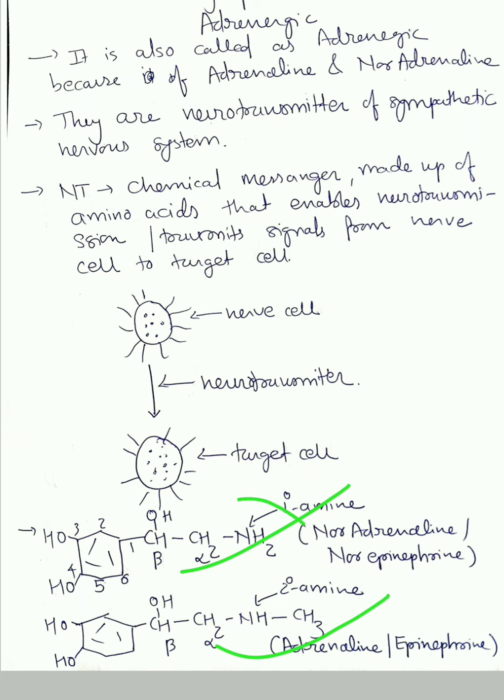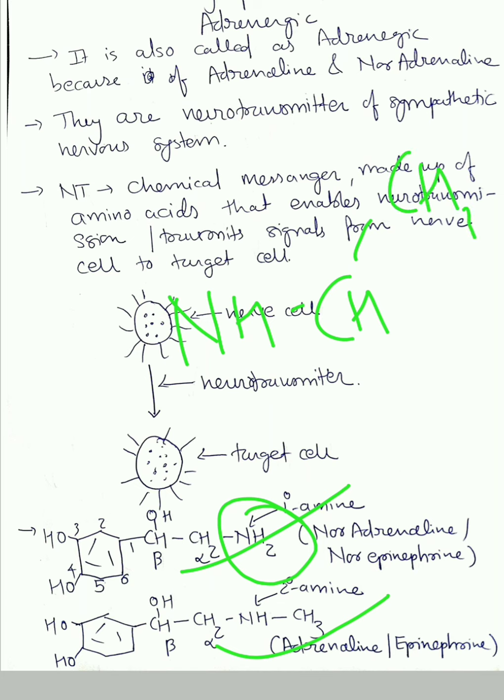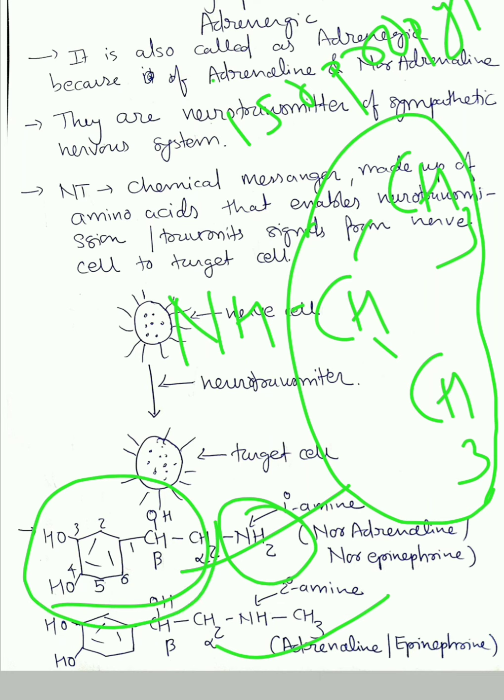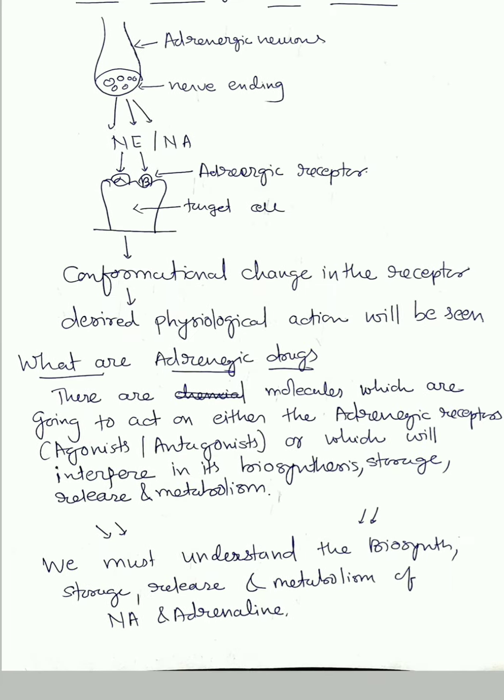isoproterenol. So in that structure, the only difference is instead of NH2, you have to draw NH, CH, CH3, CH3. Now what is this? Three carbons in the chain form, that is isopropyl. The remaining structure, that is this part, is the same, only replace hydrogen with the isopropyl group. Can you see this? So this becomes isoproterenol.